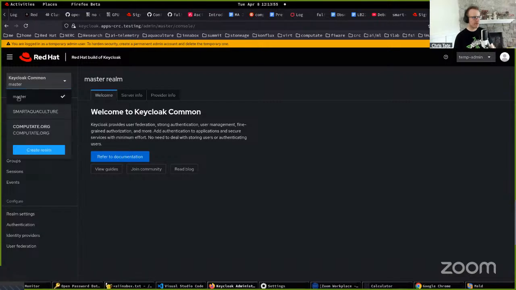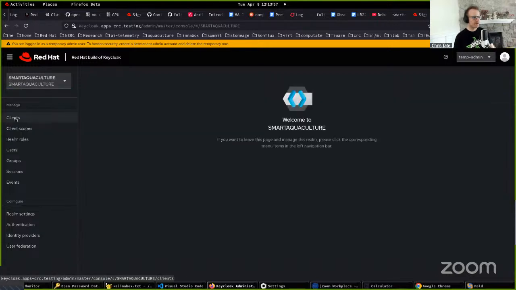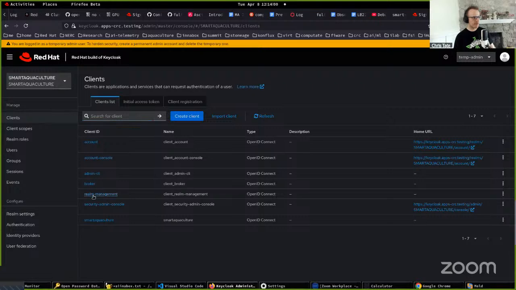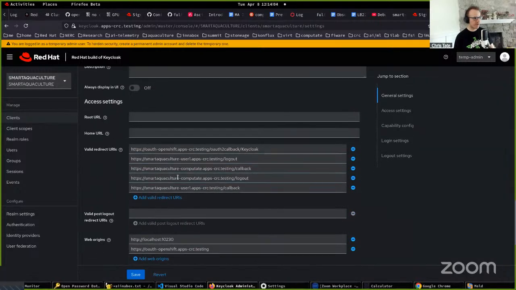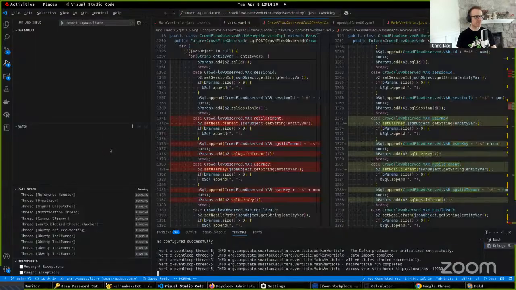So I wonder what happened to our realm and client here for Smart Aquaculture. Let's see this. Oh, I know what happened. I was running the Red Hat Summit scripts in my OpenShift local workbench, and it overrode the redirect URIs. So what I need to do is